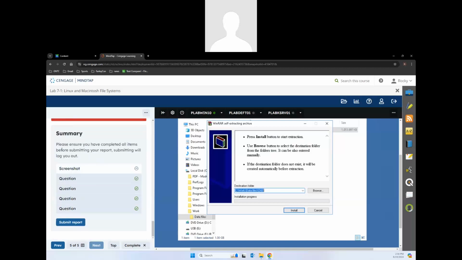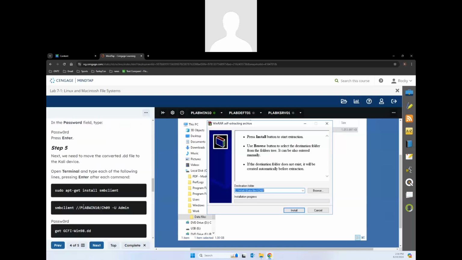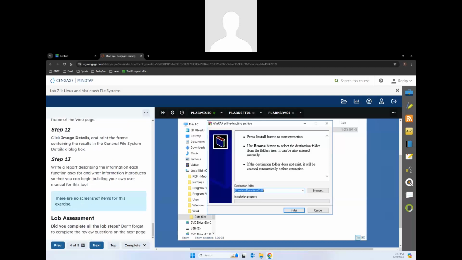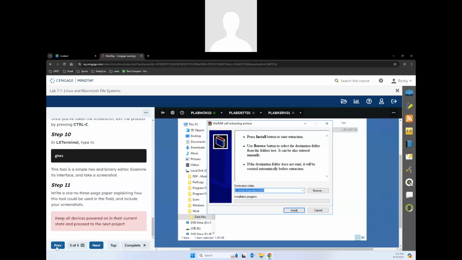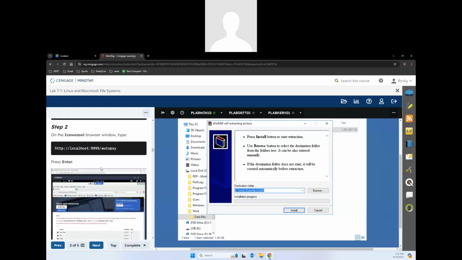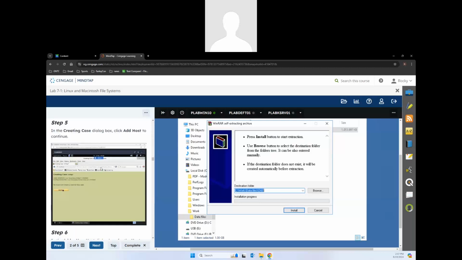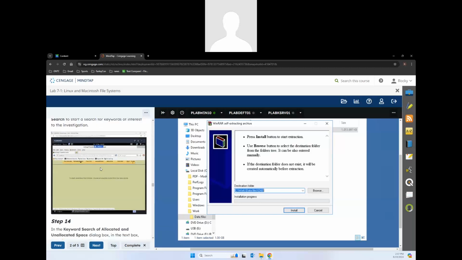And see, as you go through this, when you reach the end of the lab, you will have the summary of what you've completed. So somewhere in this lab, there was a screenshot I had to take. And you can always go back through the labs if you've missed something. And when you take the screenshot, as soon as I find it,